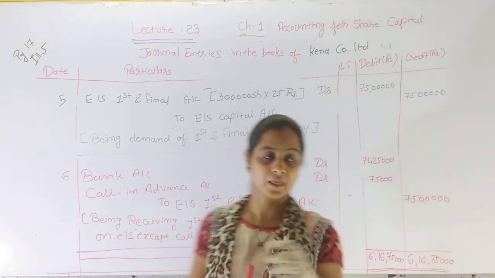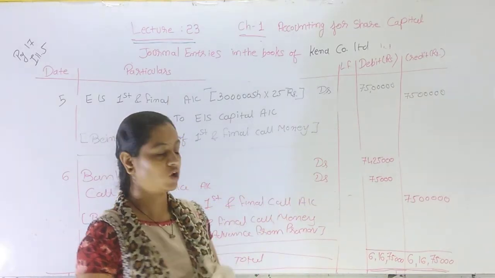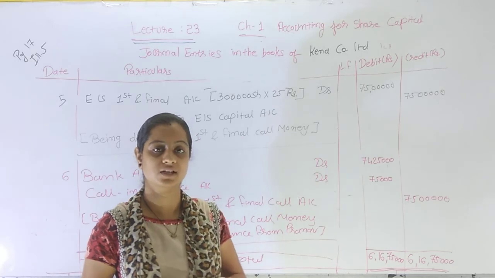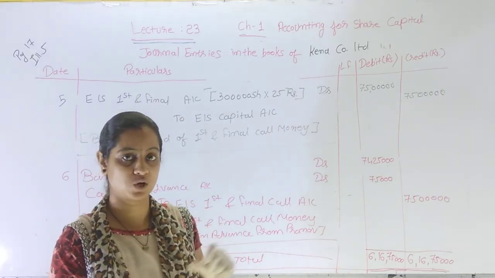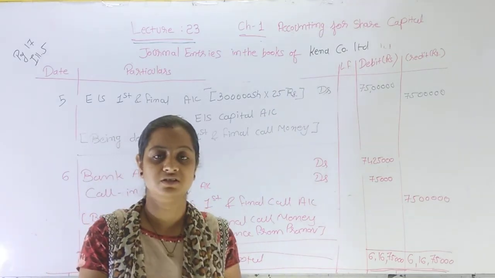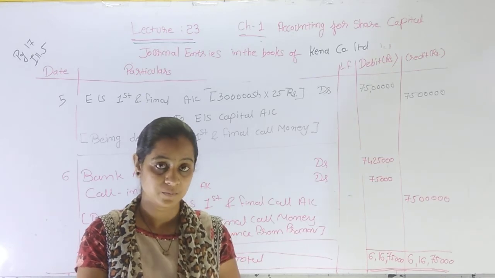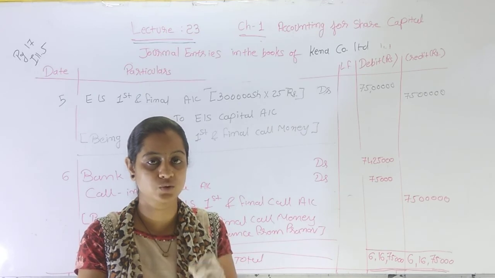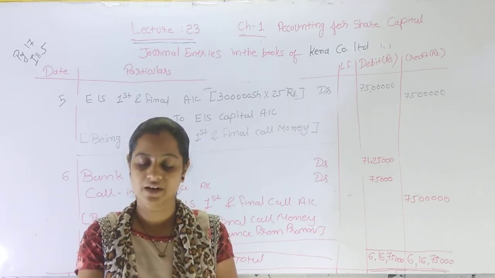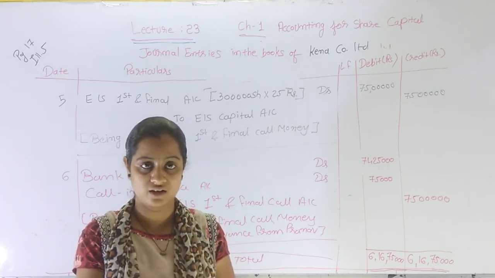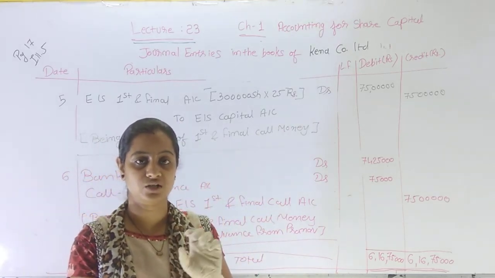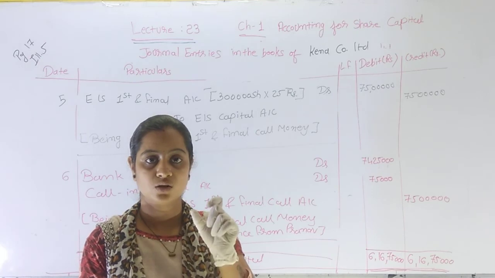So we have received calling advance 75,000, so this time we'll receive only 74,25,000 because we have already received 75,000 rupees, right? And one thing, in 4th entry I have not written being, I forgot to write being, so please write the being from your textbook, right? In this sum 4th entry I forgot to write the being, so please write it